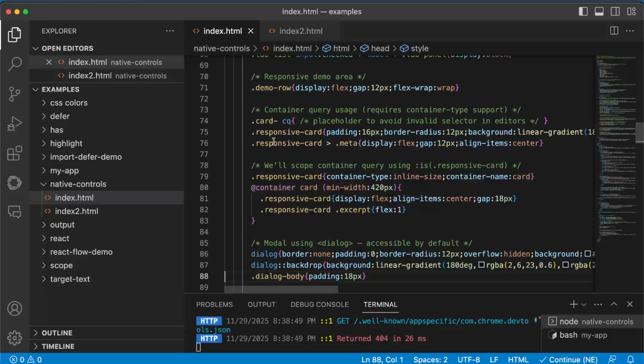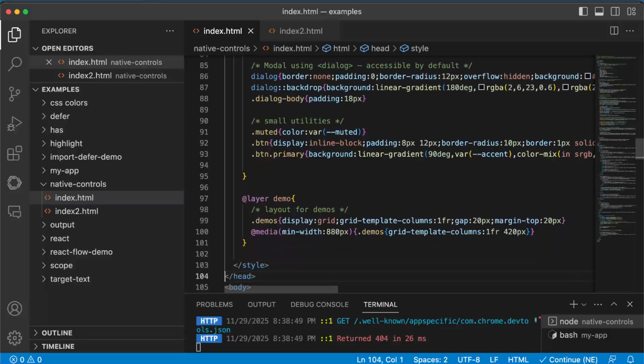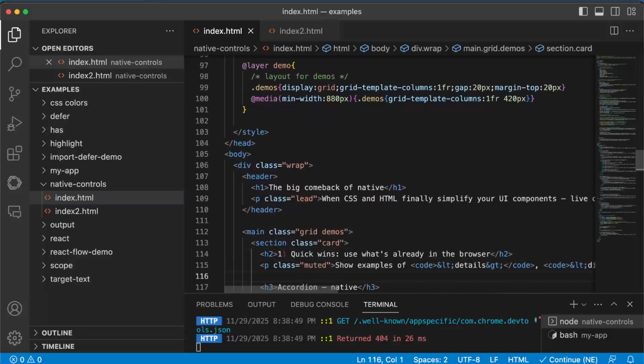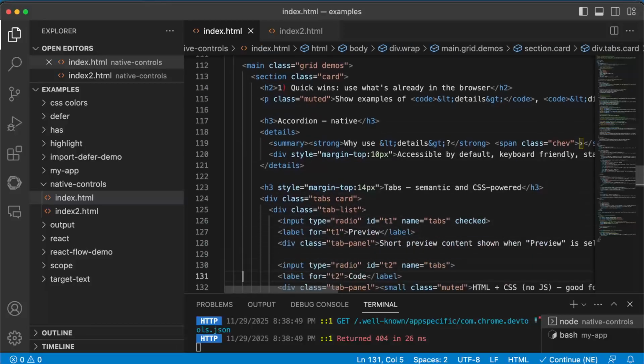Nothing special, of course. Here we have our container query, which is great. Here we define container type inline-size, container name card, and then we can use the container card when the minimum width is 420 pixels. We're going to use this one, right? And here we have our dialog, our dialog backdrop and a dialog body. And here we have our div with our class wrap, our header, our main, h2, h3,